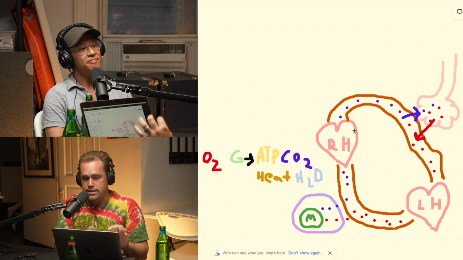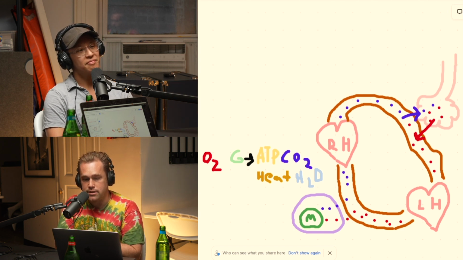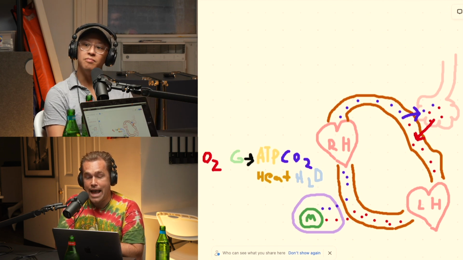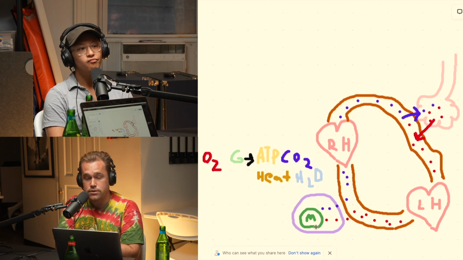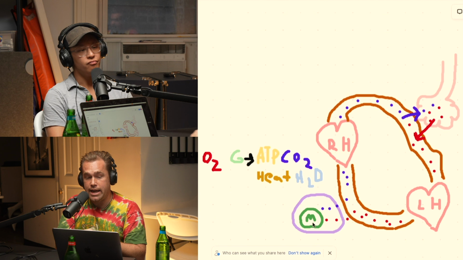So the train's picking up the oxygen, it's going to work at the cell. Once the oxygen is done working, it's CO2, and this train is taking it back to the train station. So this is a really important concept to understand, and it's also important to understand that a lot of stuff can jack this up. Anything that robs blood flow, oxygenated blood flow to the cell, is going to create an issue.